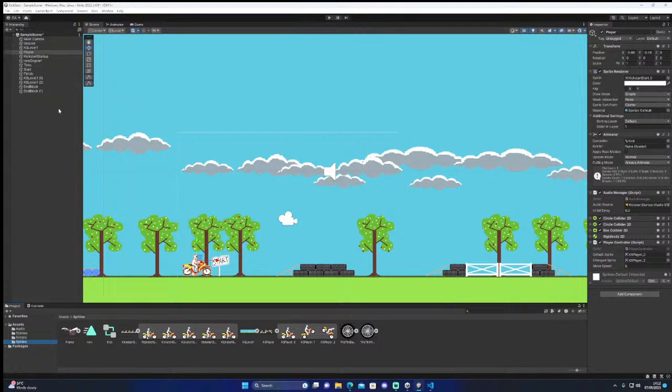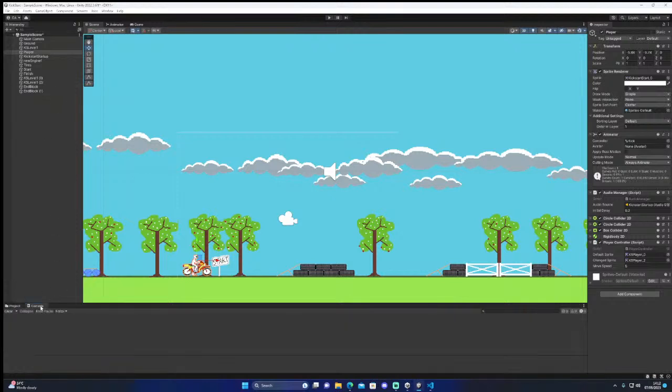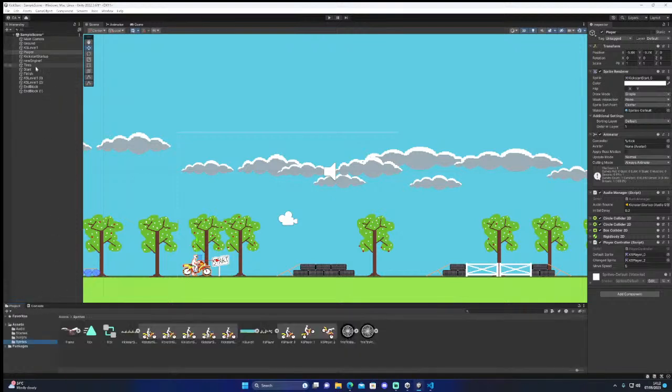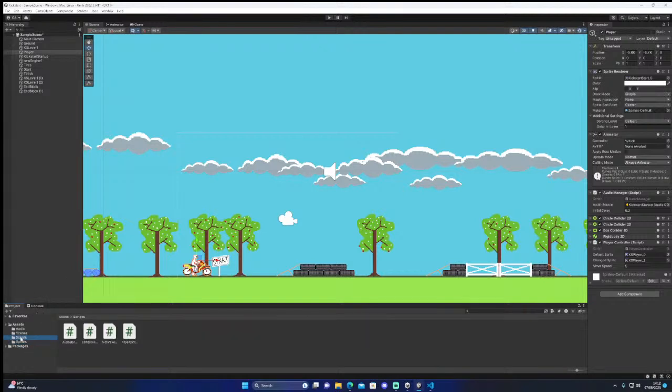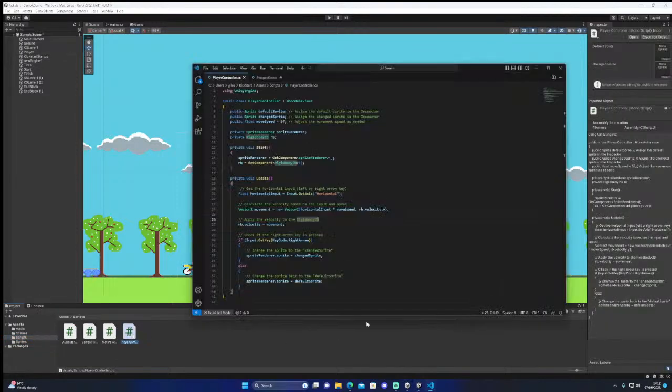Let me put a thing in there. Let's put a debug thing on that, to see if it's actually doing it when I do that.